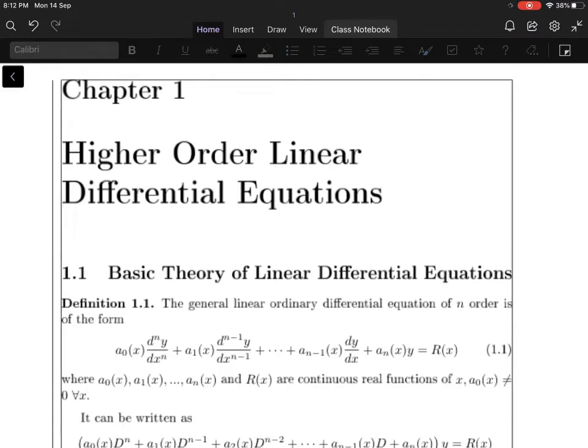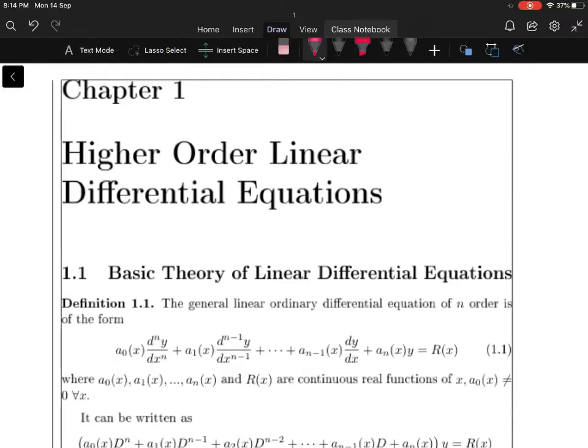Before moving to this chapter, in the previous semester we studied solutions of first order differential equations by using the separation of variables method, homogeneous equations, linear equations, nonlinear equations, Bernoulli's equation, exact equations, and equations reducible to exact equations. There are so many methods to solve first order linear and nonlinear differential equations. Let us move to solutions of second order and higher order ordinary differential equations.